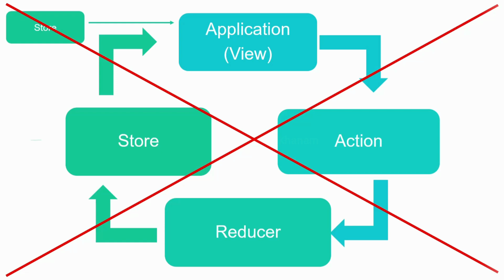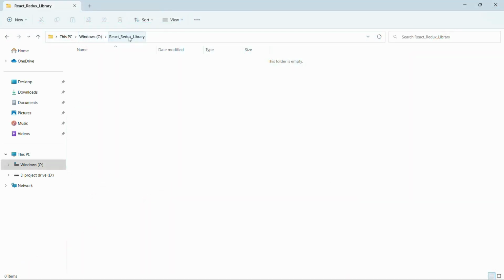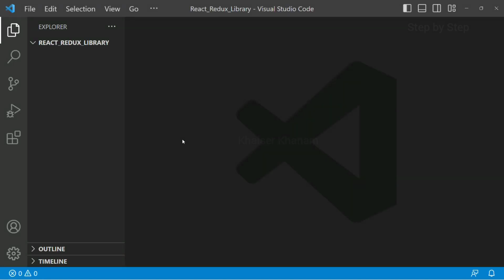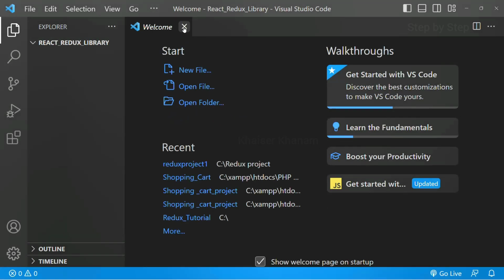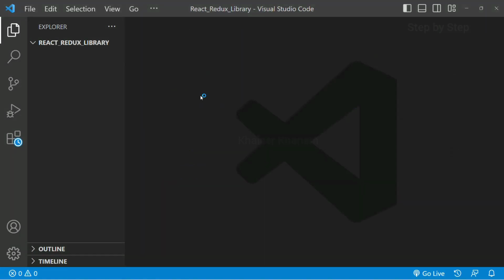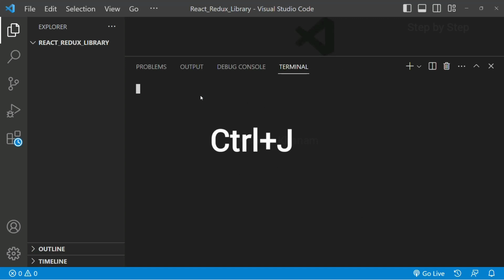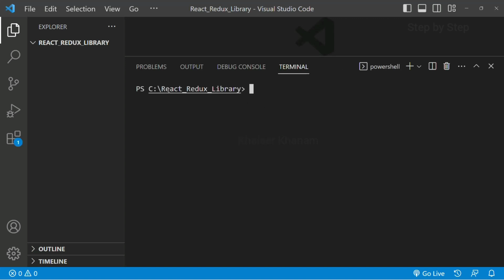Now we are going to do our project setup. Inside my C drive, I have created one folder, React Redux library. I will right click and open it with code. Now first step, we are just going to install the React app. I will close this. I will open the terminal, Control J. Now I'm inside my C drive and here I have my folder named React Redux library. Inside this, I'm going to write one command,